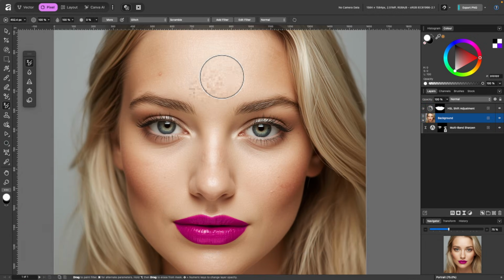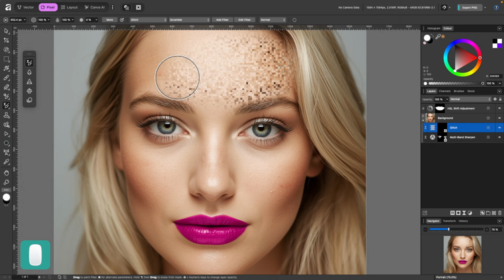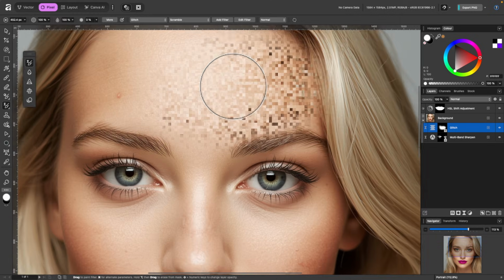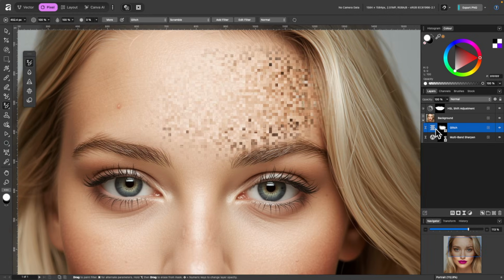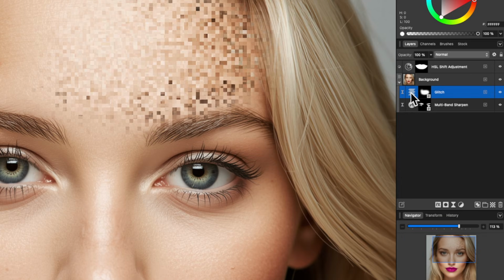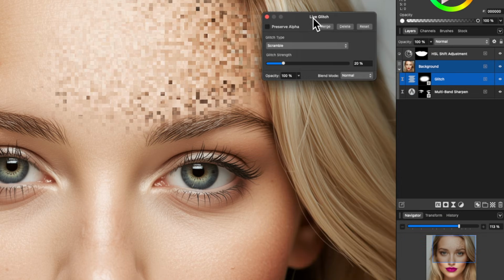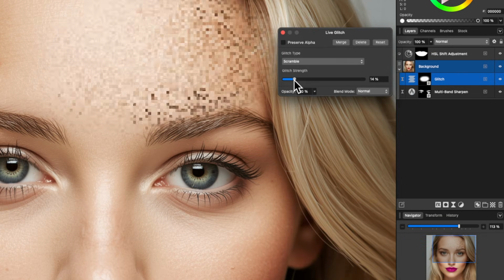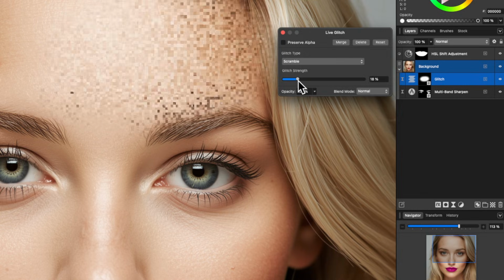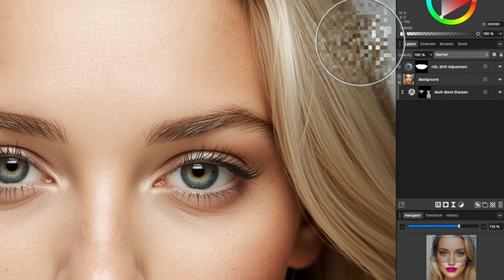I completely forgot to tell you that if you go ahead and paint using that glitch, you don't have to accept that it's just like that and you can't change anything. You can go over to the layers panel and just tap once on that glitch layer, and you get this box here, and you can just choose the glitch amount anytime you want. And you can even just delete it. Okay, now let's move on.